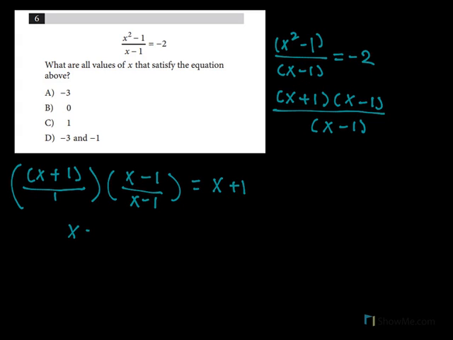So we would get x plus 1 equals negative 2, and we just subtract 1 from both sides, and we'd get x equals negative 3. So x equals negative 3 would be our answer, and out of the options, that's option letter A, so